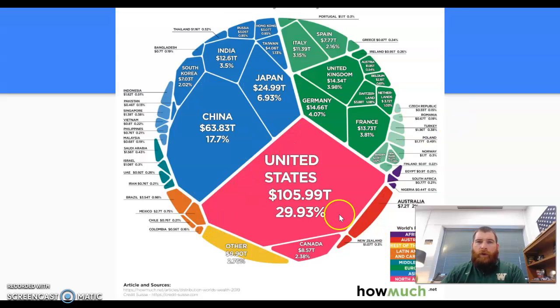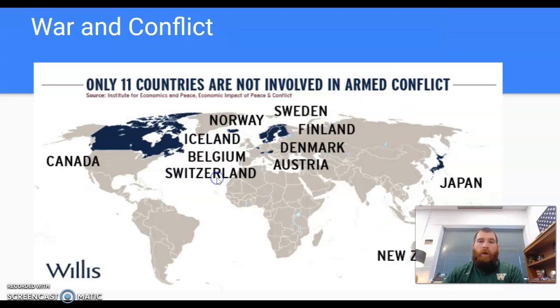United States, as far as wealth by country, we have the most wealth of any country in the world. We experience the coolest stuff of anybody in the world as far as products. You'd be hard-pressed to find a better place in the world to enjoy things. Do we have stuff to work on? Absolutely. Do we have freedoms and things that are trounced upon in certain areas? Sure. But as far as the things we have and the things that we can get, we're pretty well off.